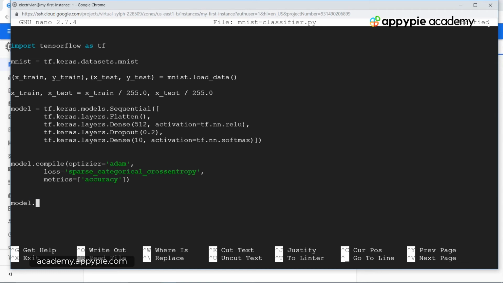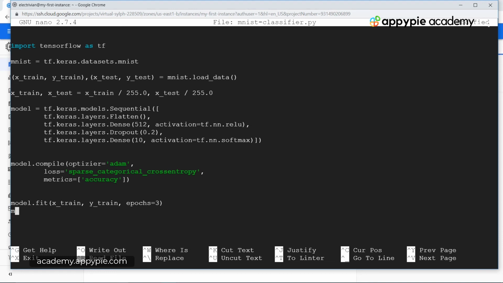So we have model.fit, which starts the process of training the model, and over here we have x_train, then y_train, and then we pass in the number of epochs. The number of epochs is the number of iterations through which we want the entire training process to happen. Let's give a small number for now, which is 3. We'll be changing this number later on when we add the TensorBoard object into this model.